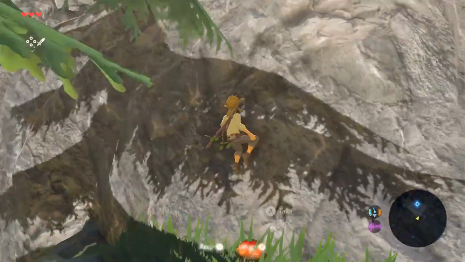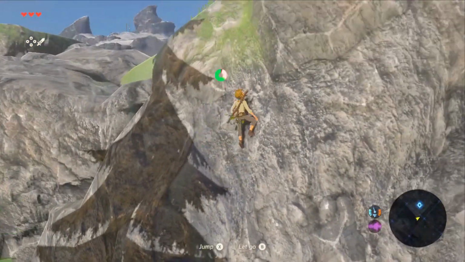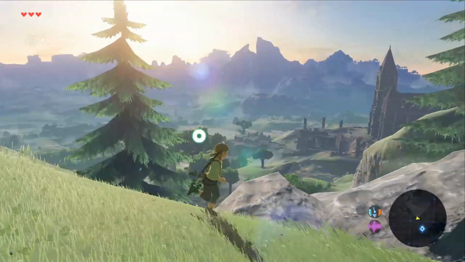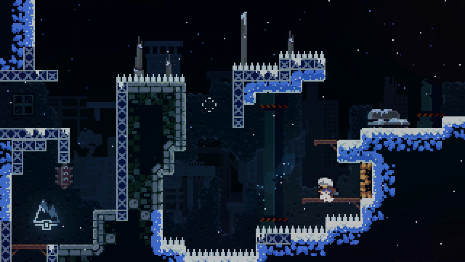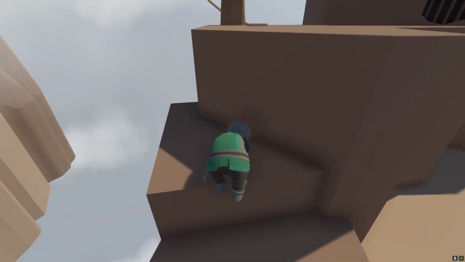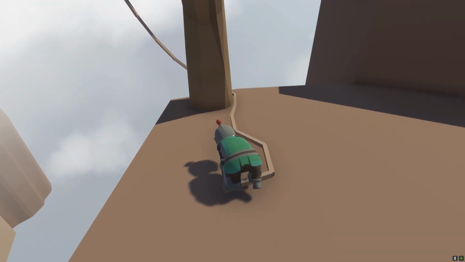Jumping in games is quite important. It determines how the player can interact with specific obstacles, and this, along with climbing, sprinting, and other movement options, can define a game's tone. Whether it's a predictable jump such as in platformers like Mario or Celeste, a controlled jump and fall in a shooter such as Overwatch, or shoving a character in Human Fall Flat, many games include jump mechanics and have them as a core component to navigate the virtual environment.